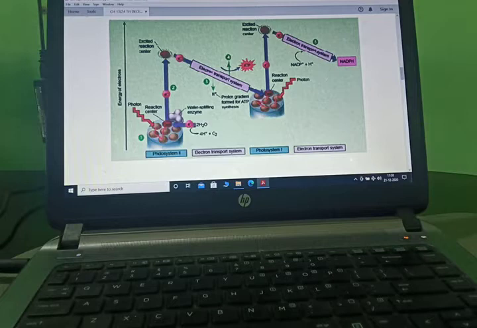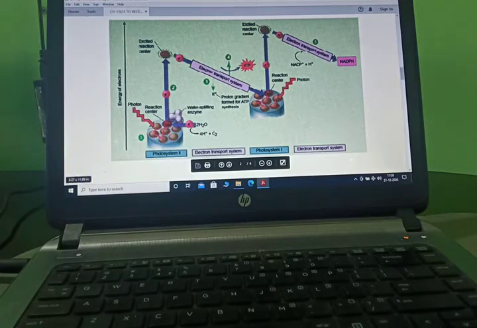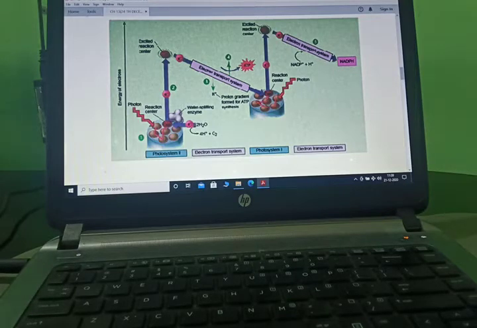Now, as we can see, this is photosystem 1, this is photosystem 2, this is an electron transport system, this is also an electron transport system. Now let us see, this is photosystem 2, photon, this reaction center, reaction is starting, electron excited, as you can see, excited reaction center, and here the electron is released. Now this released electron goes to photosystem 1.